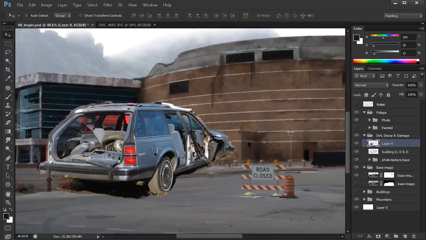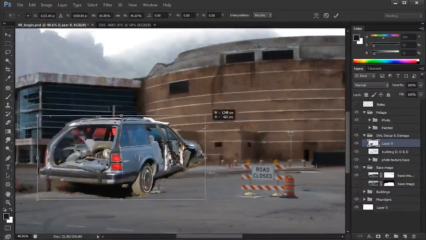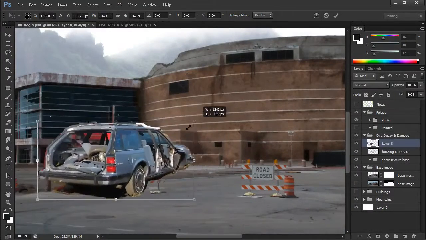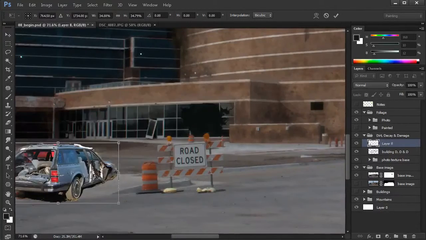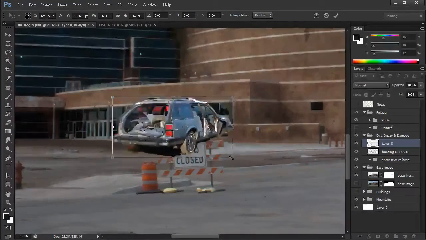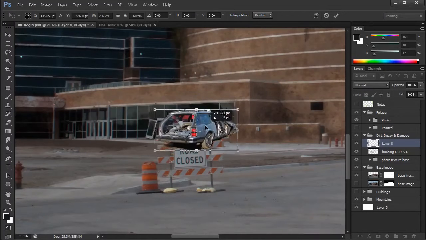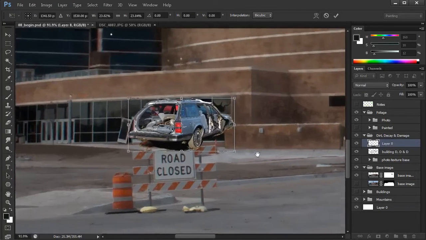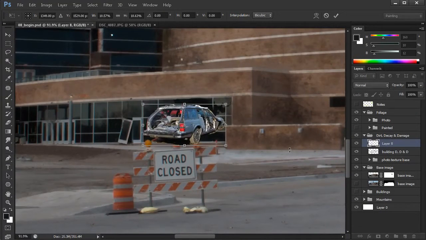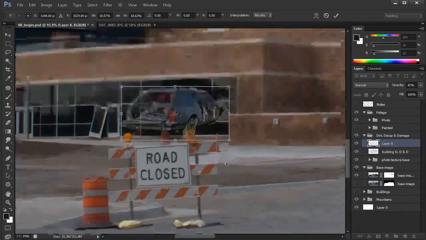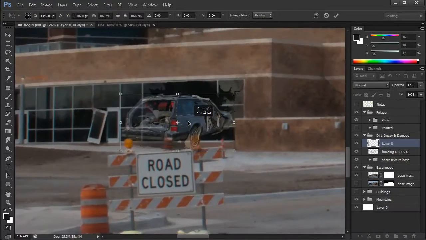And now let's go ahead and free transform our station wagon by hitting Control T. We'll just grab that corner control and hold Shift and shrink it down. We're going to get it small enough to where it's believable inside that gap right there. Now that's still pretty large. We're going to zoom in on that, get it shrunk down quite a bit here. Now we can drop the opacity if we need to, to make sure that the layer we're working on is grounded. I know this road closed sign is sort of getting in the way,